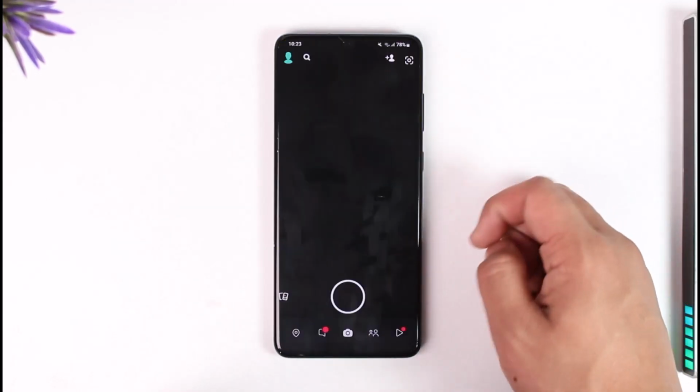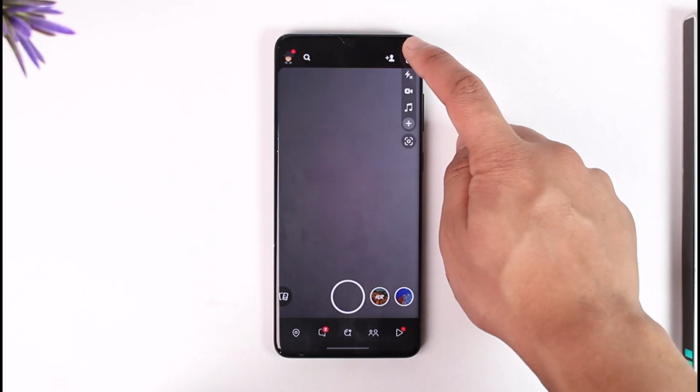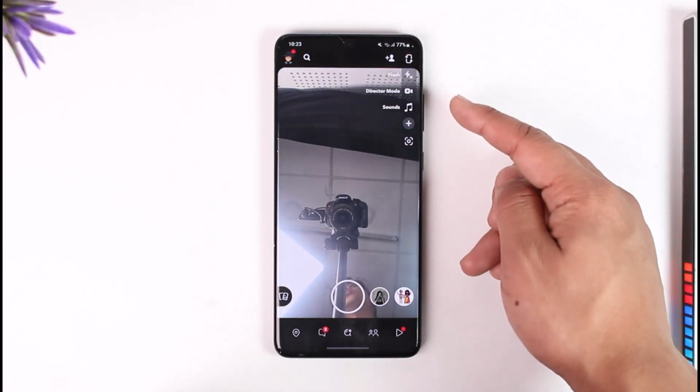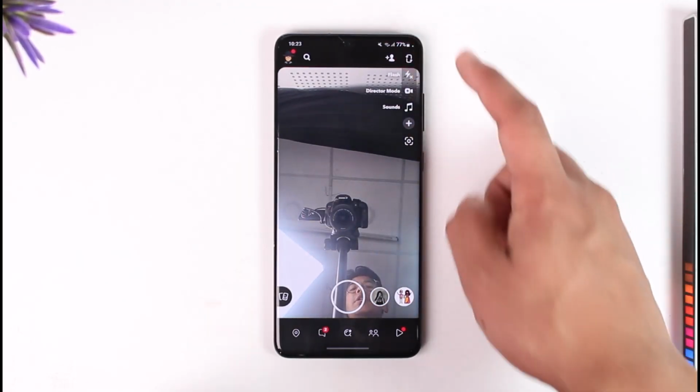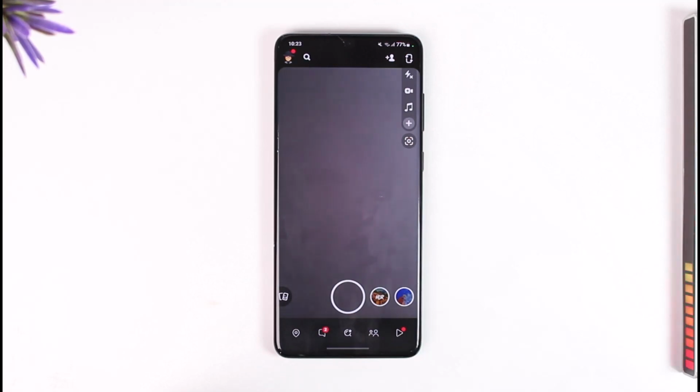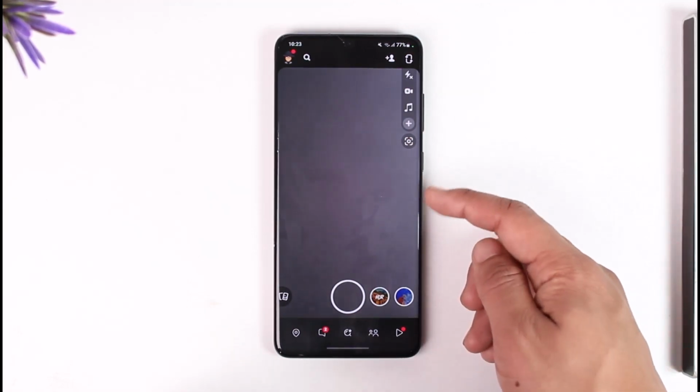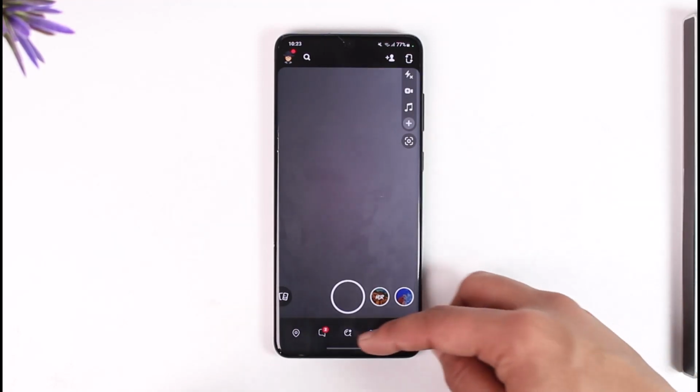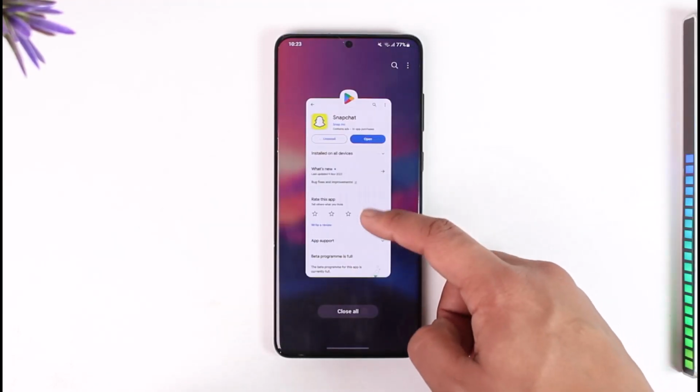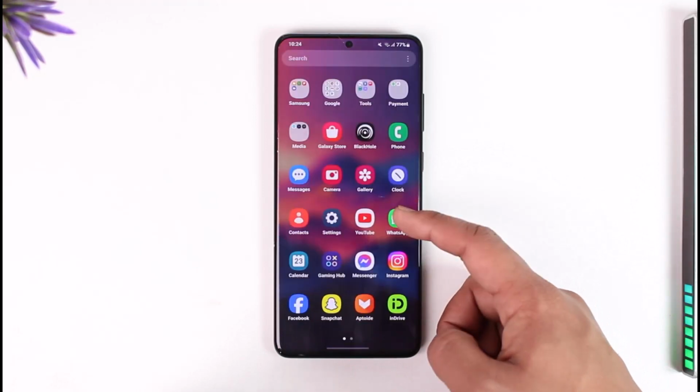I will open up Snapchat and here you can see my back camera is working just fine and my front camera is also working just fine. But if for some reason it's not working in yours, it's most likely because you have turned off camera permissions. Now you might be asked to allow the camera access right when you try to access the Snapchat camera, but if you accidentally set it on don't allow, what you can do from here is you can just go and launch